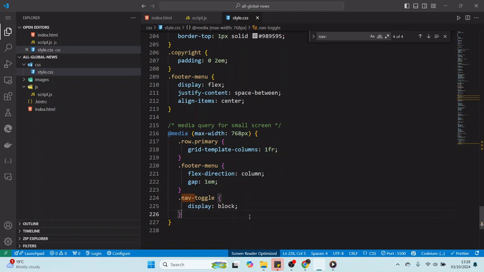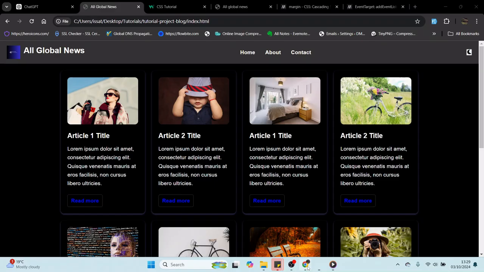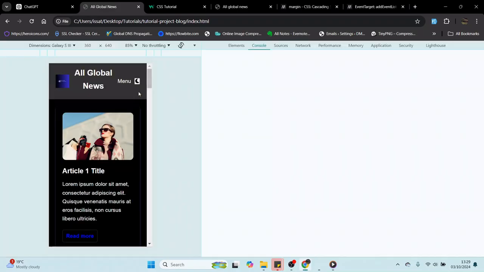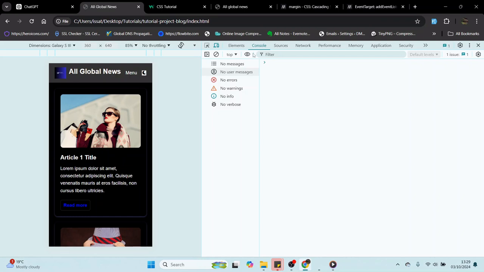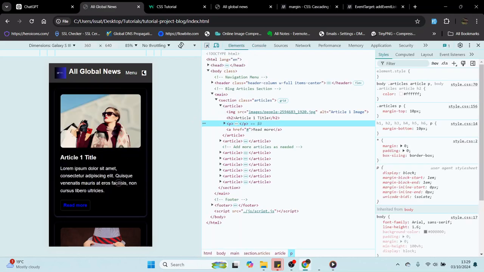Display to block. But this class, I don't think we have it on our HTML. So go back to our HTML. First of all, back to our browser. You want to see what is here. So this is helping you to understand how you can actually see the HTML structure with the style and then do whatever. So here, if you mouse hover,